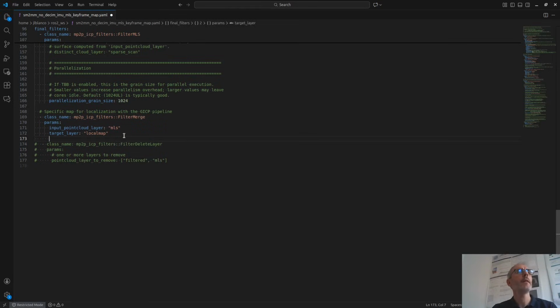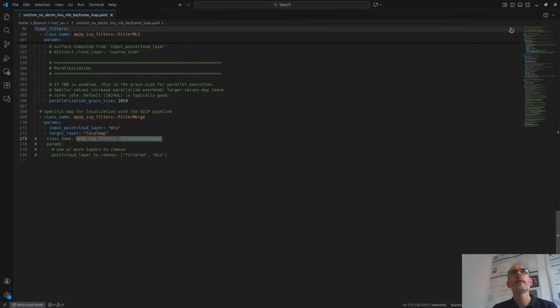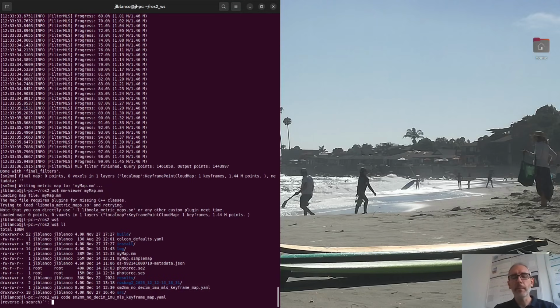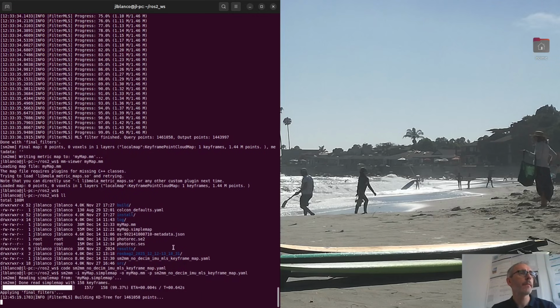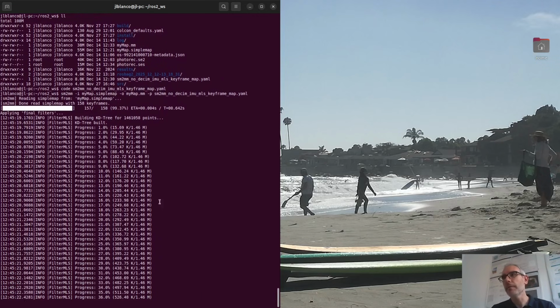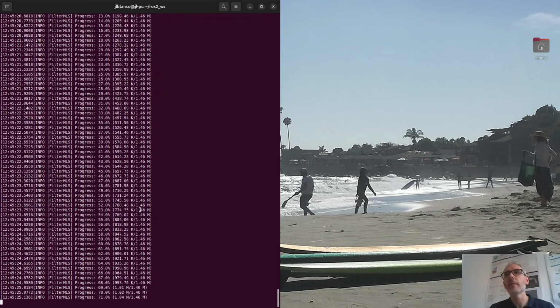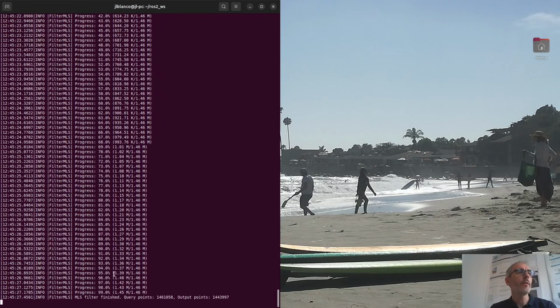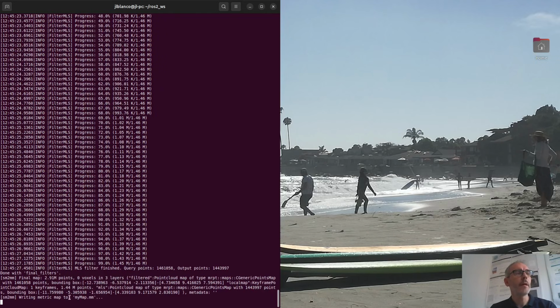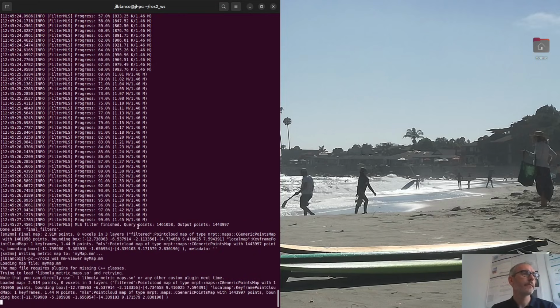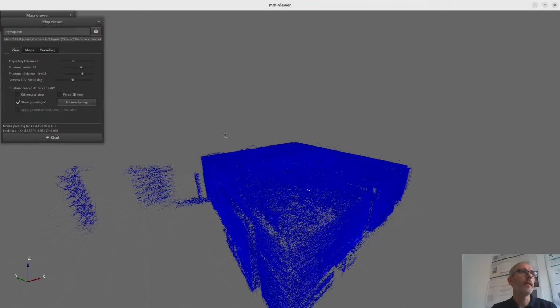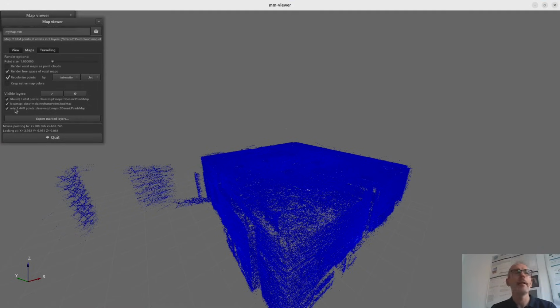We can do something, if you want, just to visualize how this works. I will just skip this delete stage here, and then I will repeat the processing of the map. It will take a second just because of the filtering, basically, otherwise it's just a couple of seconds. So what is the result here? The result now is the same as before, but with more layers. So if we visualize the map now, you can see here on the Maps tab that you have the filtered, local map, and MLS layers.